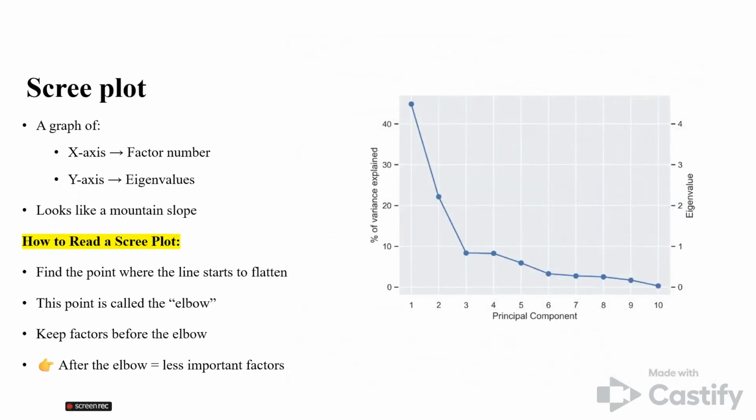A Scree plot is a graph having eigenvalues on the y-axis and factor numbers on the x-axis. It looks like a mountain slope. You can see here it is like the hand, and this is called an elbow point. Okay, so this is called an elbow point, and from here the factor numbers and the values are